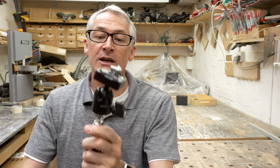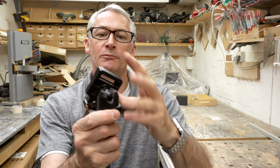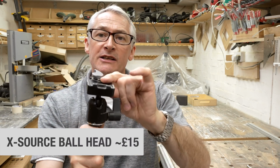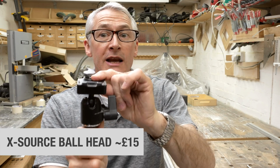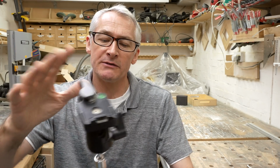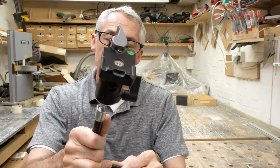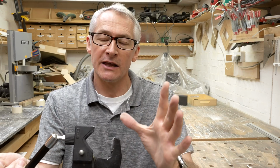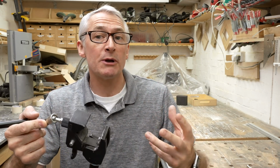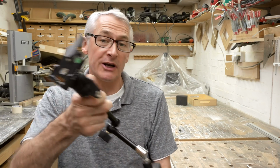And then at the other end, we've got a simple little ball head, tripod head attached, and that's fine. You can fit a DSLR on this without any problem at all. This one's by X-Source, and these are each about £15. The head's about 15 quid, the arm is about 15 quid, and as I say, the clamp itself is about 20. So altogether, a reasonable amount of money, but this is incredibly useful